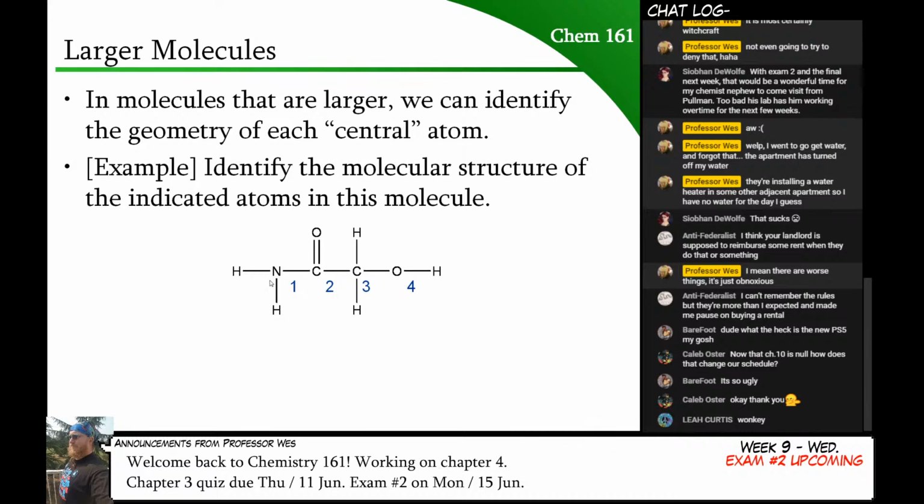For each of these molecules, each of these atoms could be treated as a central atom, and you can determine the molecular shape of these types of molecules, provided that they have electrons drawn in there. So let me just put the electrons in here. Now I'm doing this with the mouse. Since there are 4 electron groups and 3 of them are bonds and 1 is an electron pair around here, number 1 would be trigonal pyramidal. This would be 3 electron groups, none of which are electron pairs. That would be trigonal planar. This is tetrahedral, and this is bent.